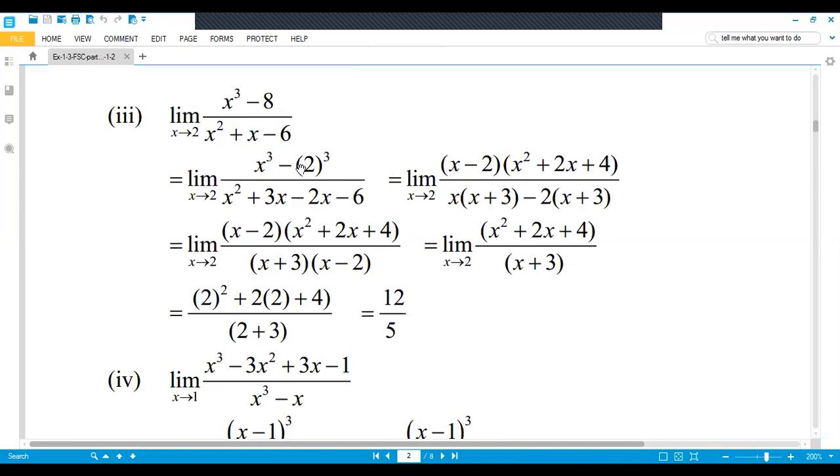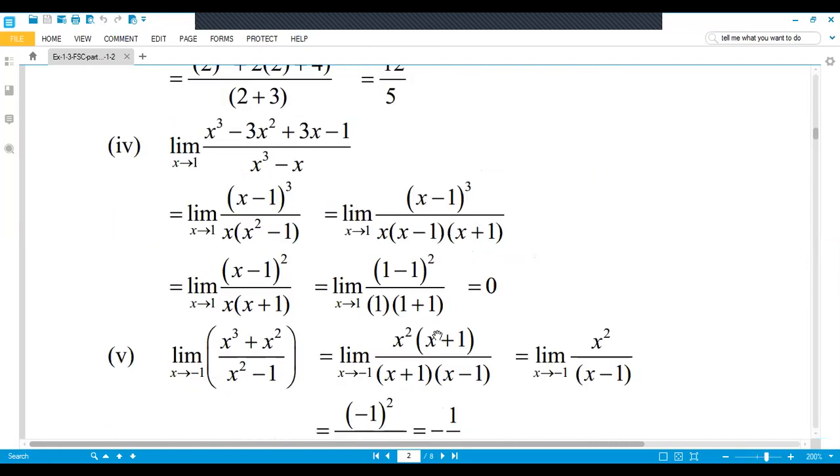So a minus b into a square plus ab plus b square. With this formula, you open it. And here you apply the PQ method. First term multiplied with last term, you get minus 6x square, and you find the factors of minus 6. When you multiply, you get minus 6. When you add or subtract, you get the middle term. So 3 twos are 6, minus 6 plus 3 and minus 2, minus 6, and when you subtract, you get the middle term. So in this way, you have to factorize, and after that, at the end, you apply limit.